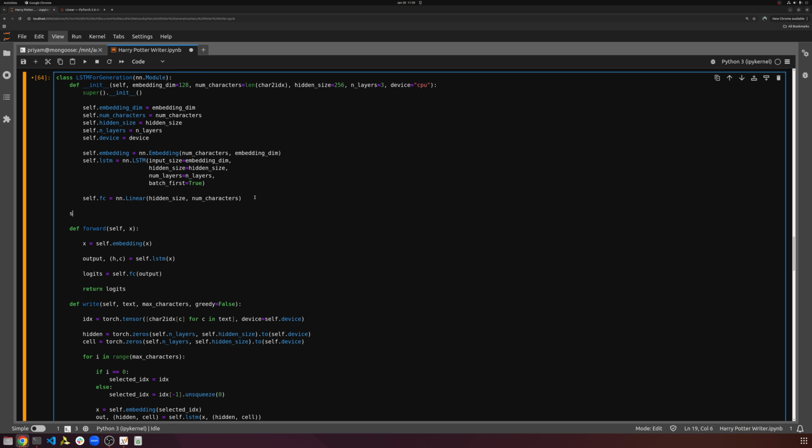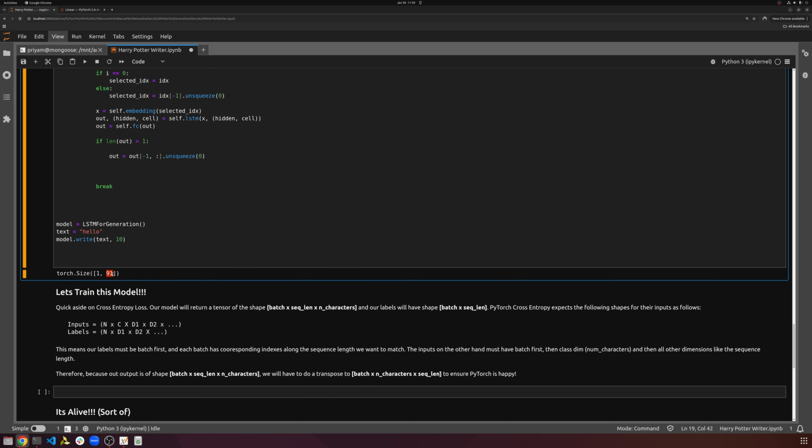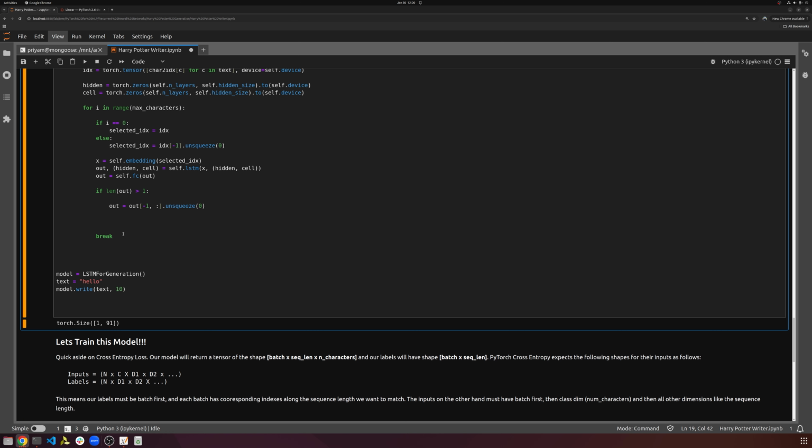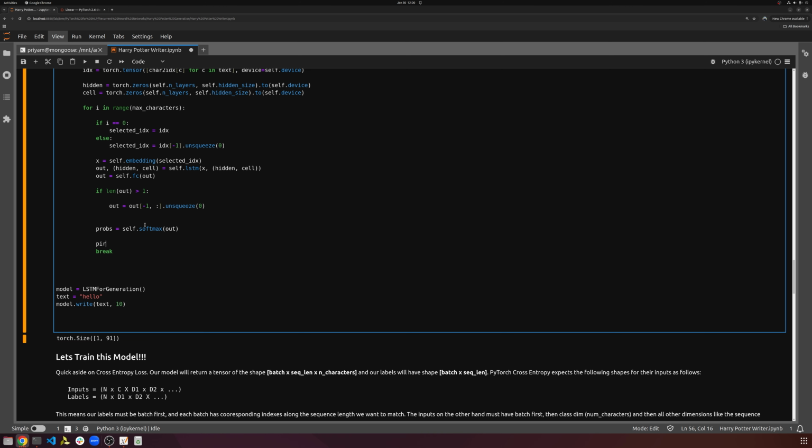We can throw a quick self.softmax in here as nn.Softmax, and we can do dim equals -1 because we want to do the softmax along the last dimension, basically the softmax along the 91 possible tokens. So instead of having 91 outputs, I can say the next token that we predict is: what we're having is the probability that it's character 0, probability it's character 1, probability it's character 2. What is the likelihood? So we can then do probs is going to be self.softmax of out, print